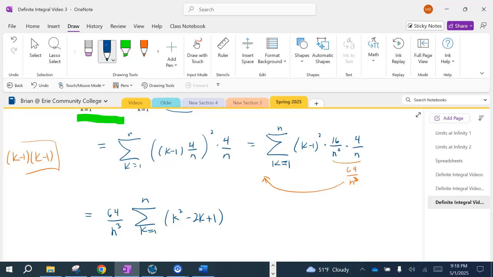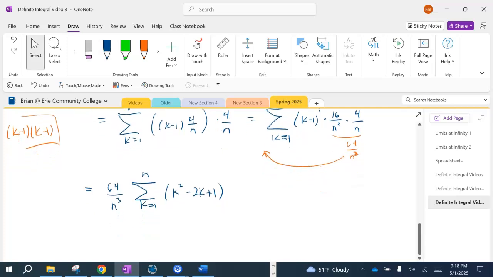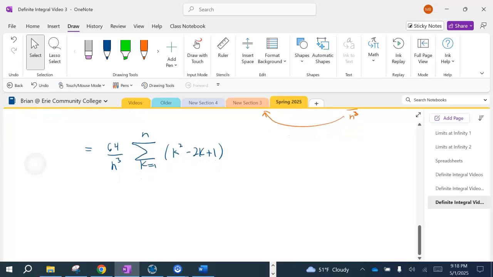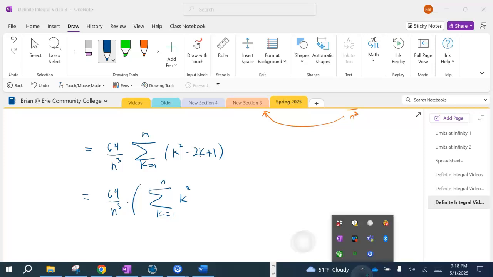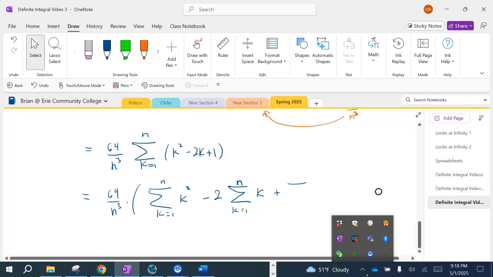All right, now we're going to split this up into three summations. We're going to leave the 64 over n to the third power there, and then we're going to have the sum from k equals 1 to n of k squared, the sum of the first n integers squared. Now the minus 2, we could factor that out of the summation, so I'm going to do that in one step here. And then we're going to have the sum from k equals 1 to n of just the k part. Plus, again, we've got that other sum we have to consider,